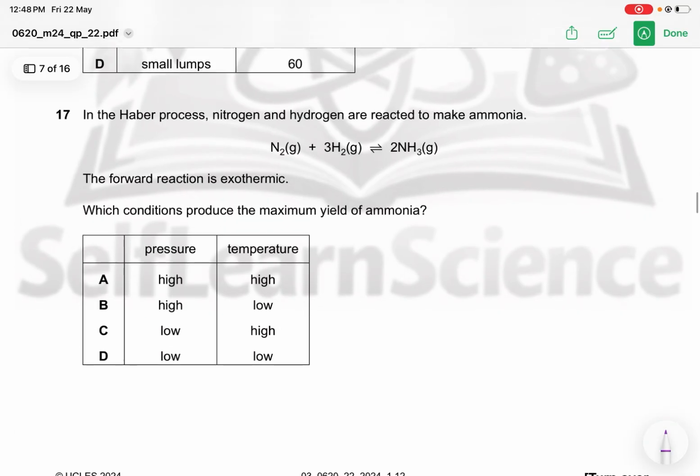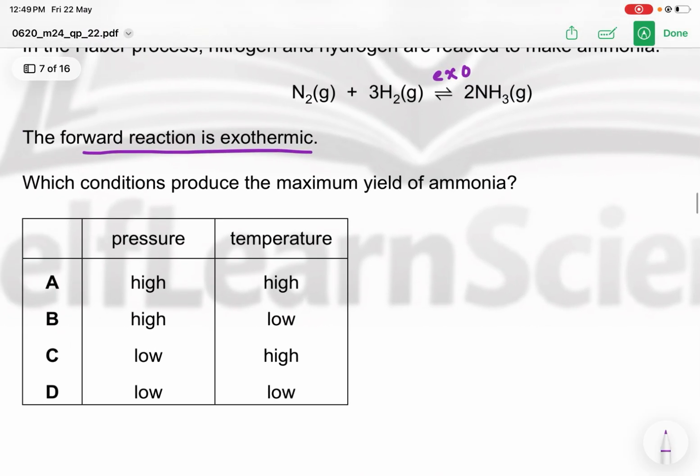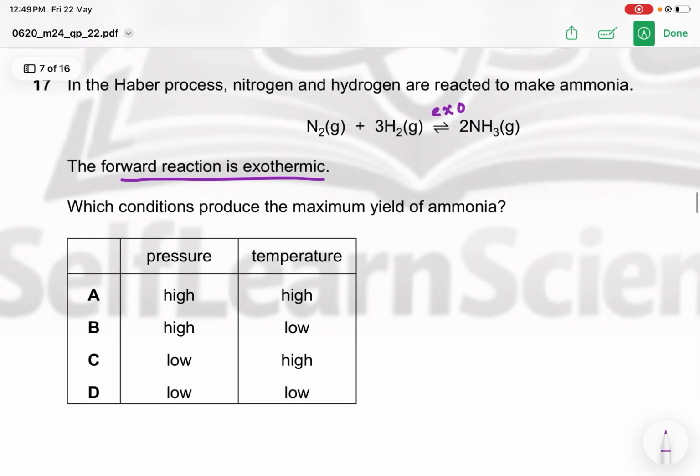Next, in Haber's process, nitrogen and oxygen are reacted to make ammonia. They have given us the equation. They have also mentioned that my forward reaction is exothermic. Which conditions produce the maximum yield of ammonia? Now my forward reaction is exothermic, and if I want my yield to be maximum, what should I do here? So in this case, if I